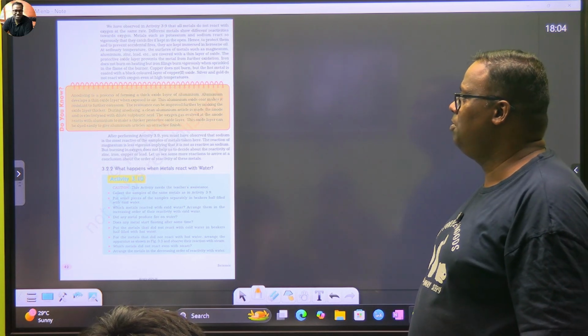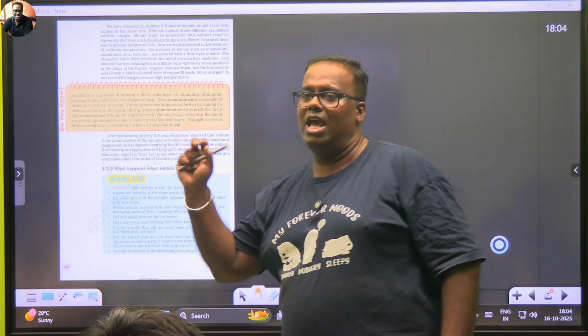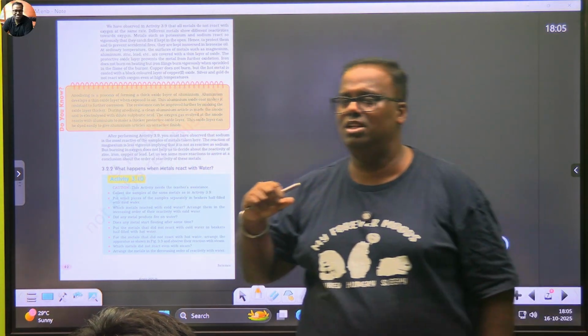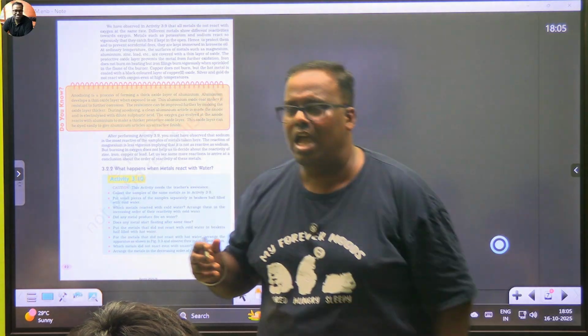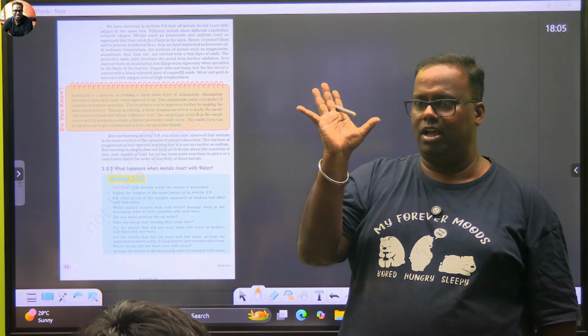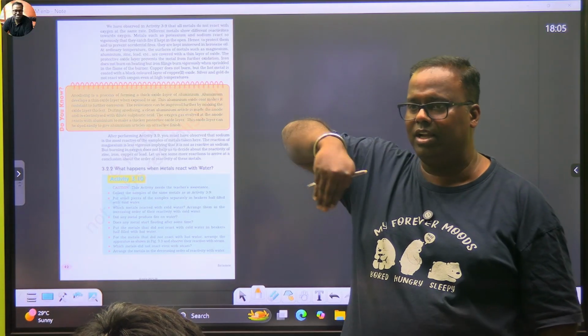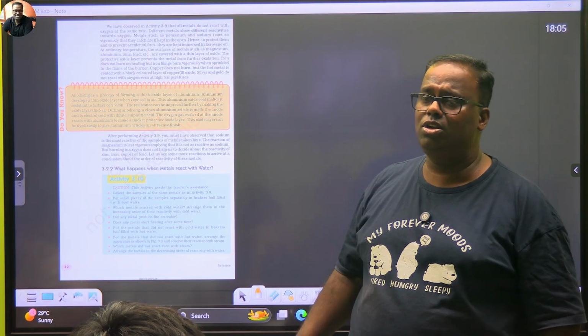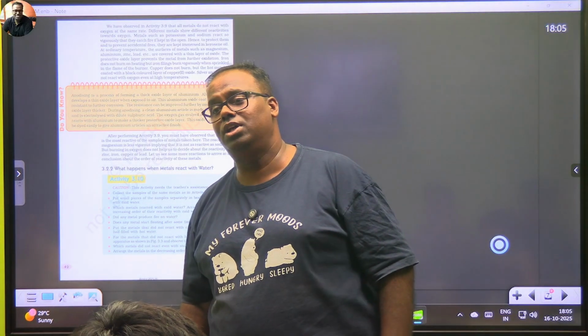So after performing activity 3.9, this is that. Okay, anodizing. Anodizing is a process which we use in our metal industry a lot. Nowadays you get Amazon Solimo anodized karhai. Anodizing means it will create one layer, and that layer is not Teflon coated. That layer will not allow further corrosion, and also adds to the hardness.